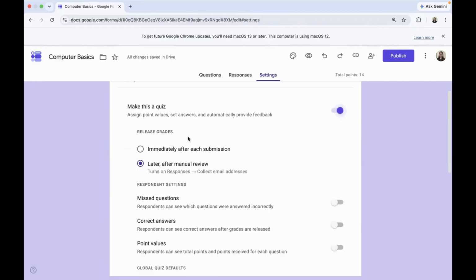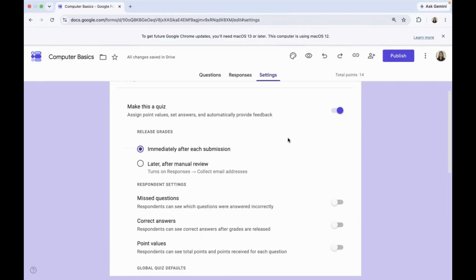So for me, I would like to immediately release the grade or score of my students after each submission of the form so that they will right away have the feedback of their score in this quiz.